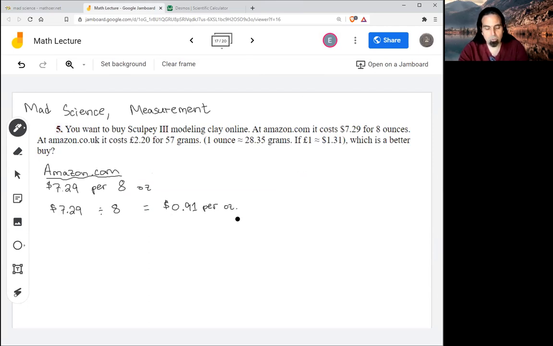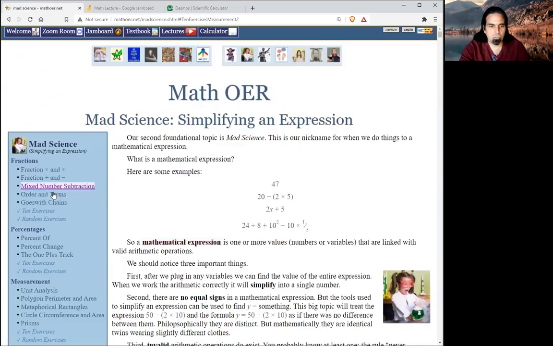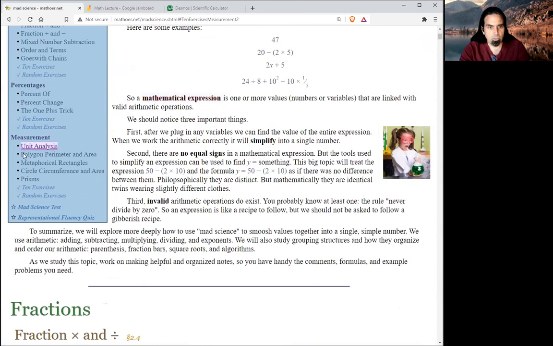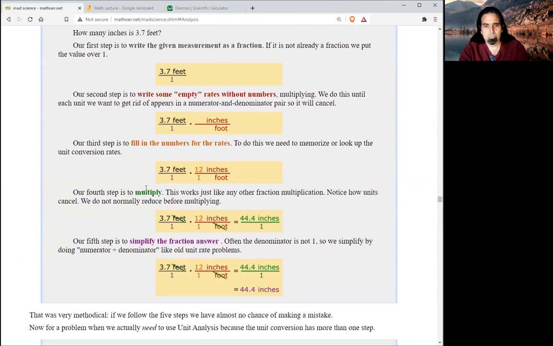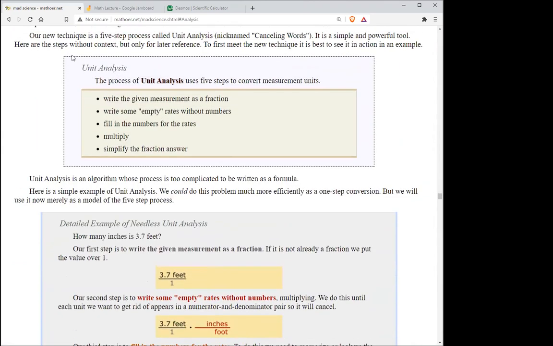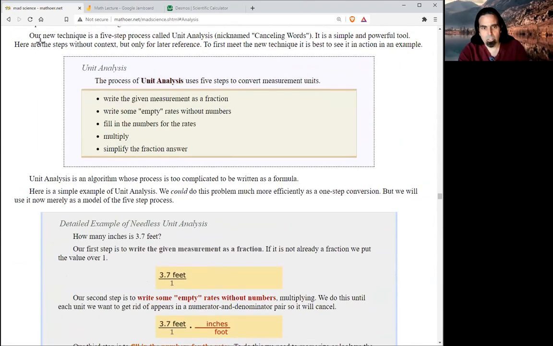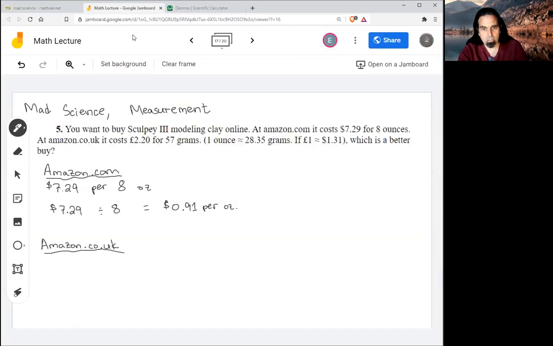Okay, so that was the easy part. Now I need to compare that with the one that starts out as pounds and grams. So this is what we did in math science called unit analysis. Remember this multiplying fractions stuff? Yeah. I will take this, and just as a reminder for what the process is,